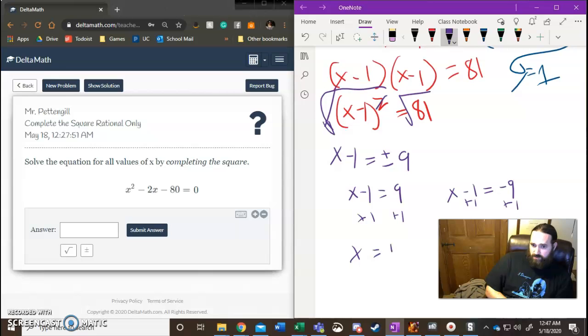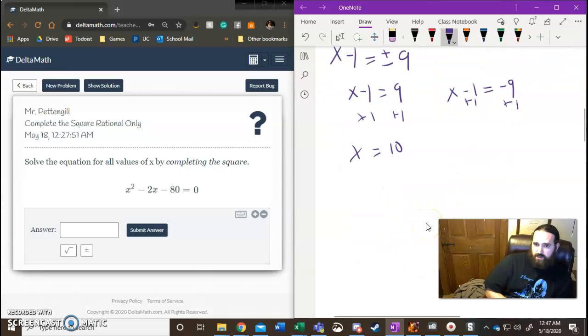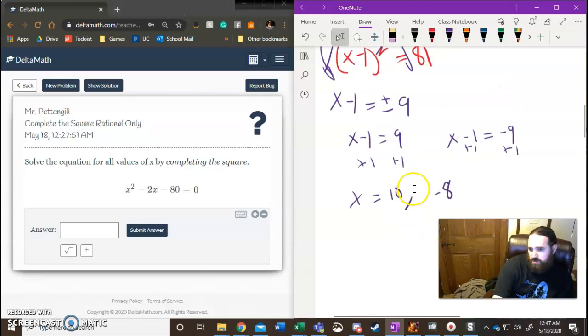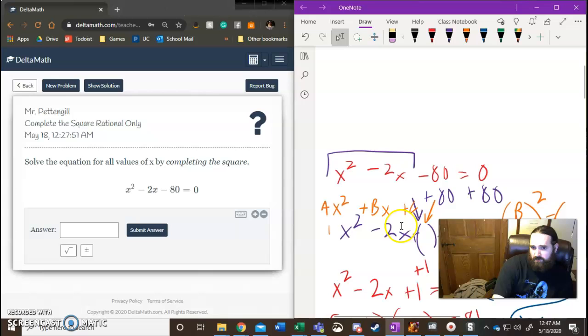x equals 10. And the other option for x is, well, negative 9 plus 1, which is negative 8. This strikes me as a little random. I'm not a huge fan of it because up here, when we started out in this problem,